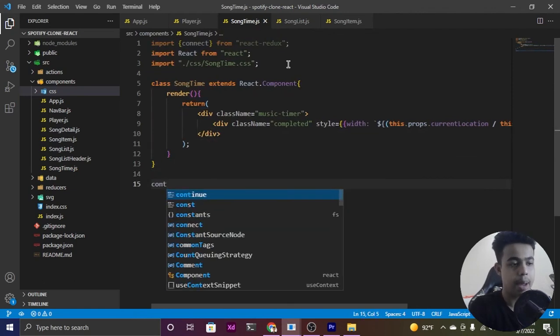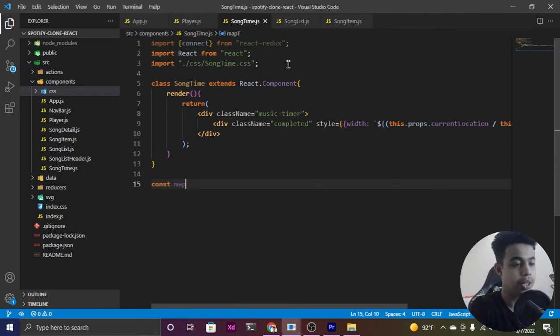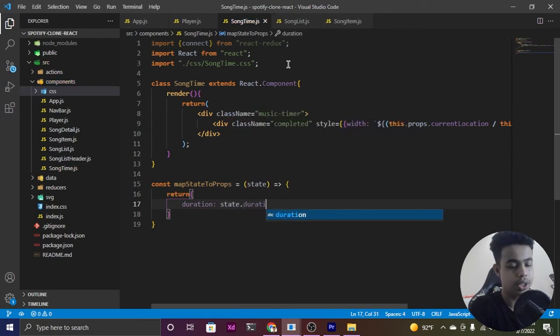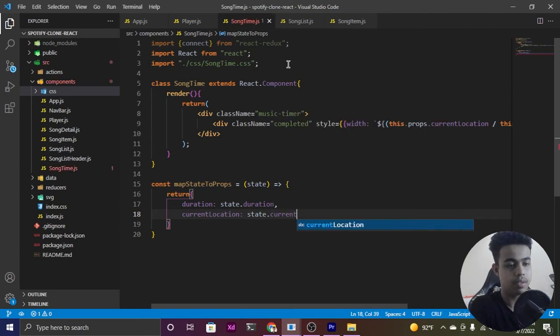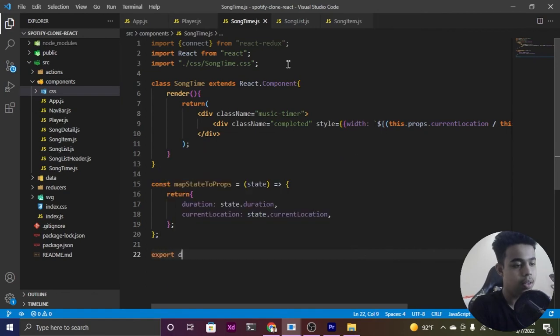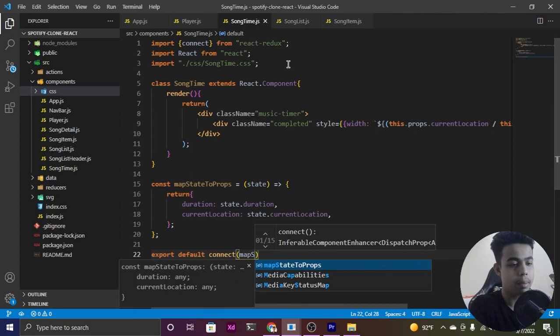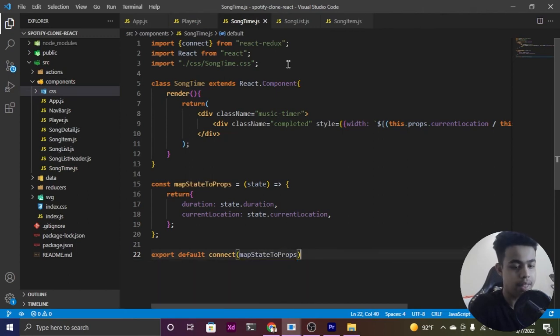Now let me create the mapStateToProps component over here. mapStateToProps takes the state in it, and it should return an object with the key of duration that is going to be state.duration, and then we would like to have the currentLocation that's going to be state.currentLocation. Then we would like to have this export default statement, in which you're going to be using this connect method, in which you're going to be passing this mapStateToProps, and then we would like to pass this